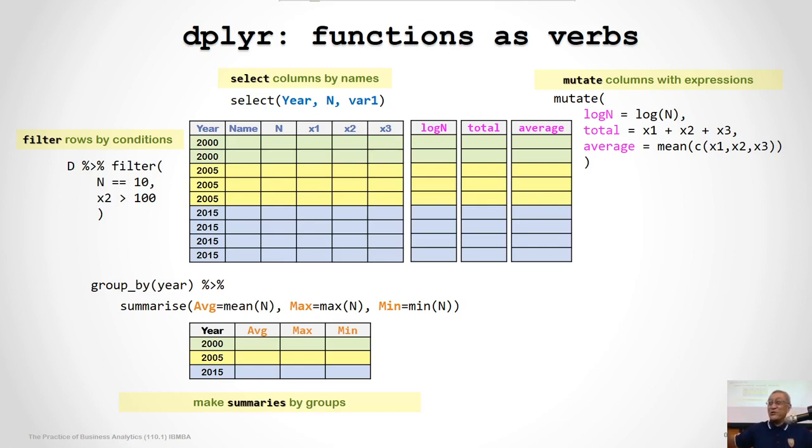You use square brackets, you use a comma to separate the row index and the column index, right? And the syntax is very easy to make mistakes with. It's not as intuitive as dplyr is,